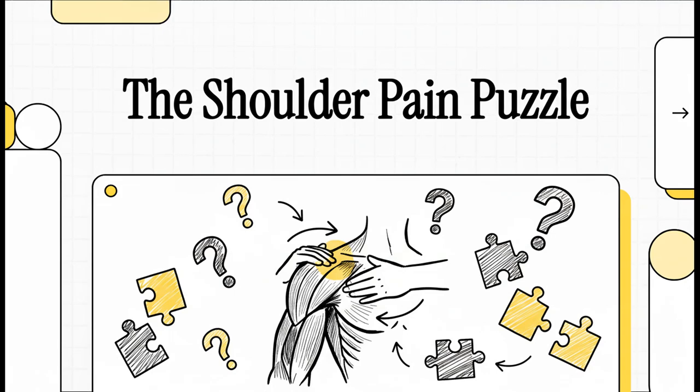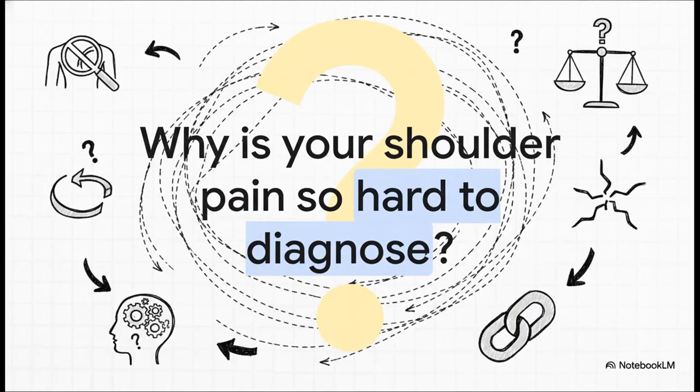If you've ever had shoulder pain, you know the frustration, right? You go to a clinician, they move your arm around in these weird, specific ways, and you're just hoping for a clear answer. But what if the very tests they're using to find that answer are part of a much, much deeper medical puzzle? So to figure this out, we need to take a hard look at the science behind